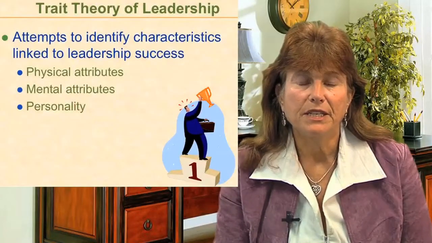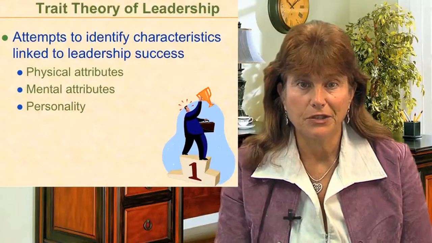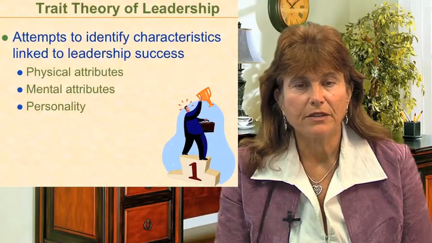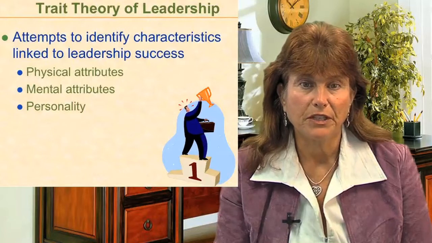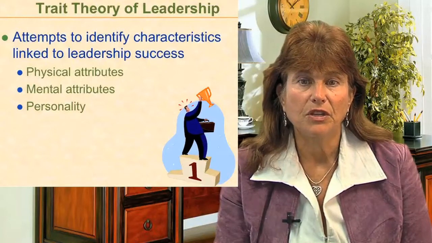One of the theories that has been very popular in leadership has to do with trait theory. It basically says that the characteristics of the leader indicate whether the leader is going to be successful. These often include what kind of physical attributes they have. There was a time when they actually said someone who was taller or more attractive was going to be a better leader than others. Whether they're born with a certain level of intelligence and whether they have a certain personality. Basically, trait theory says that they're born with these kinds of traits and they're not as easy to change.